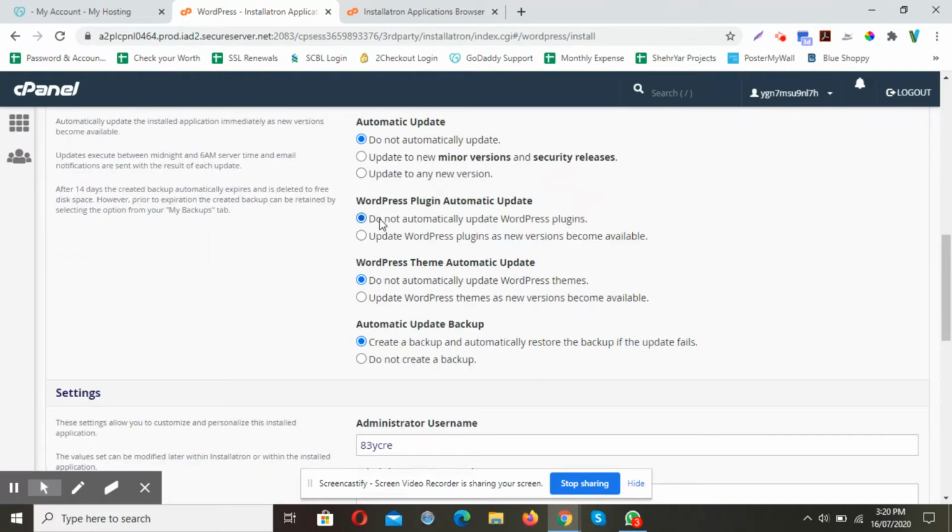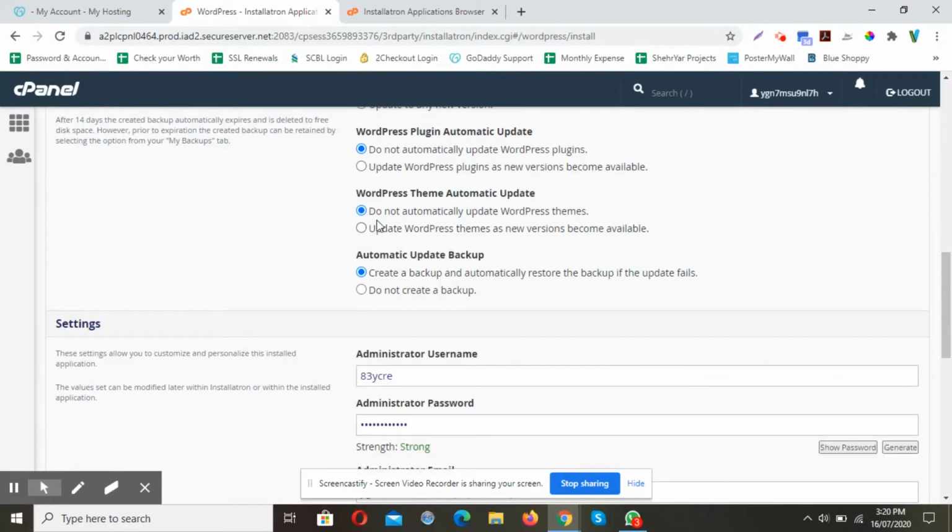I'm also going to select that do not automatically update my WordPress plugins because some plugins, when they release an update, there might be bugs in it, and I don't want any of my website to be malware affected or having spams in it. I'm also not going to select for automatically updates for my theme because I want to do it at my own.